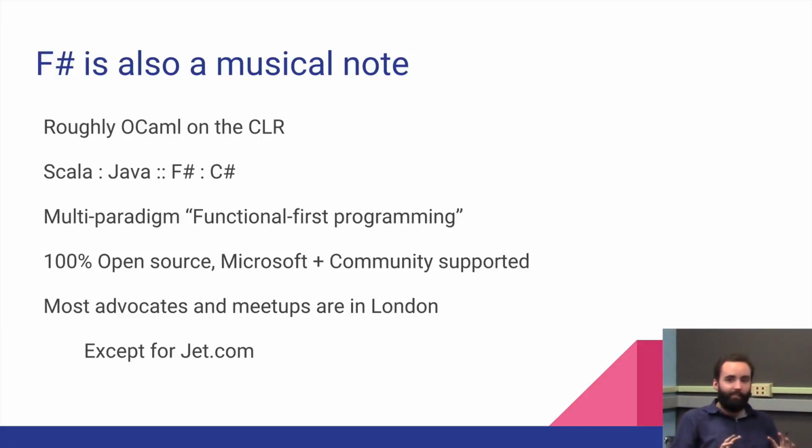So why London? Do you know? That's where it was invented. It was invented by Microsoft Research in Cambridge. And so a lot of the interest grew out of that naturally. And I think OCaml is also a French supported language. So again, that style of language is much more popular there than here. Obviously, Lisp being more popular here and MLs being more popular there.